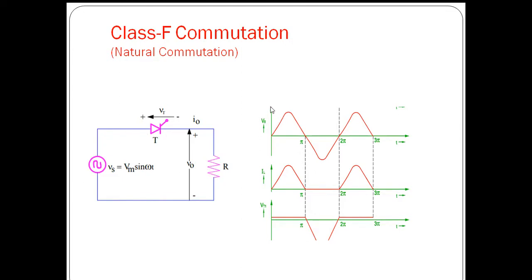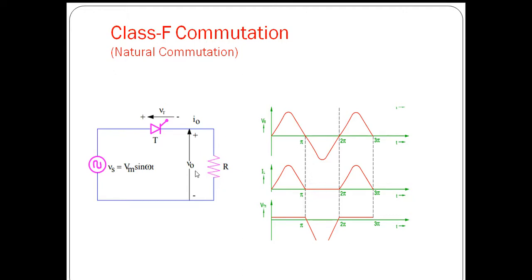So the AC supply waveform representation will be like this. Vs, so it is an alternating current. From 0 to pi, we are having positive half cycle. From pi to 2 pi, we are having negative half cycle. And then the cycle will be repeating. So we will observe what exactly will be happening for the period of one cycle.